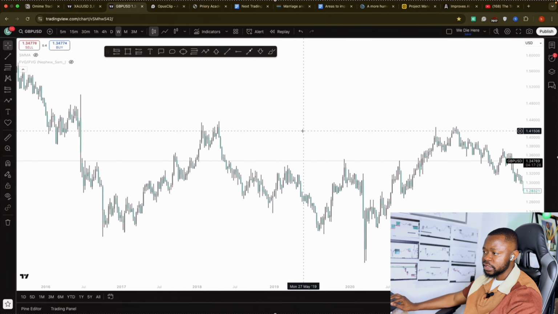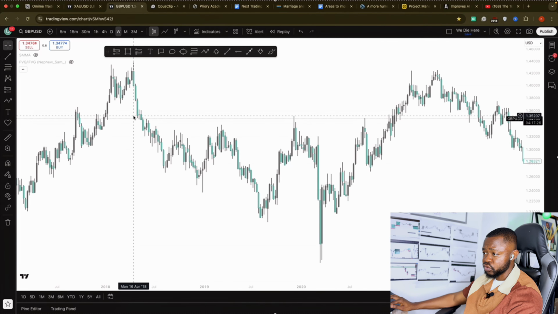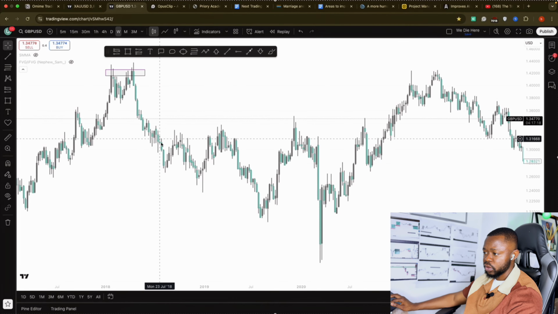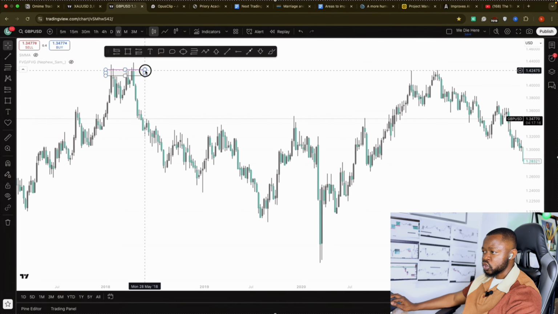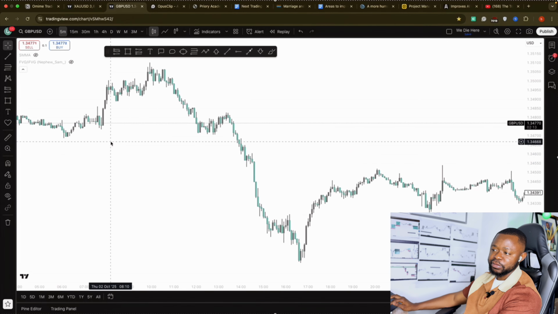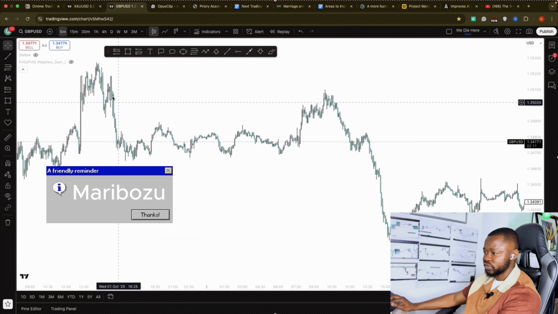So imagine seeing, this is a Marubozu candle here. Imagine seeing this Marubozu candle on the weekly time frame on this particular double top here. Look at how much fall we have since this double top. So now you can't compare this Marubozu candlestick to the 5 minutes Marubozu candlestick, because come on, we have